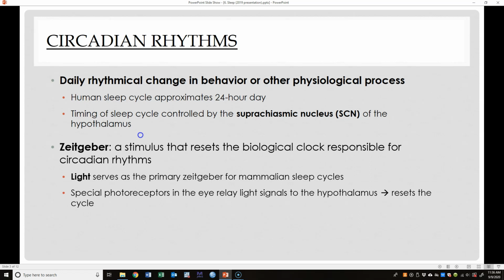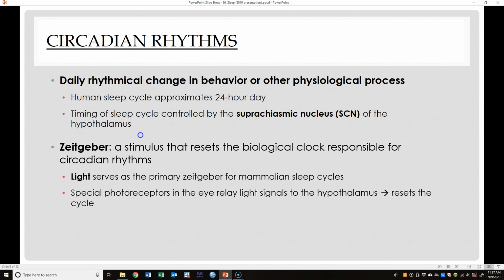Okay. And so for mammals, external light serves as our primary Zeitgeber for our sleep-wake cycles. What happens is when we get light that enters through special receptors in our eye,